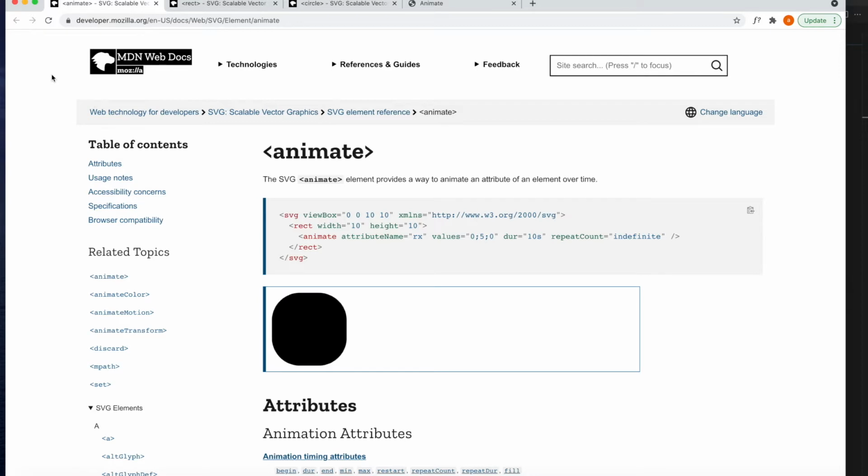So today we'll be looking into animation, like what are the ways we can animate the basic shapes of the SVG, right? Because as we are already done with the basic shapes, we have to find a way if we can do the animation.